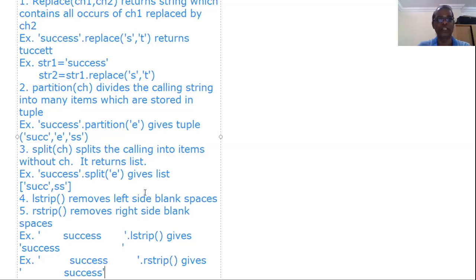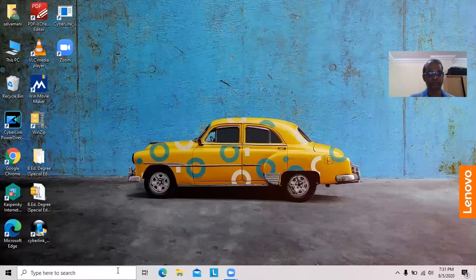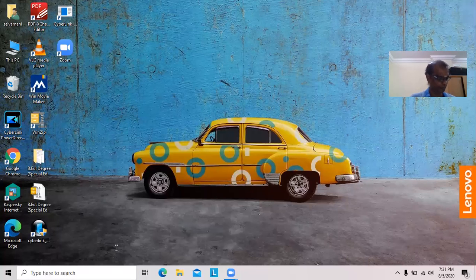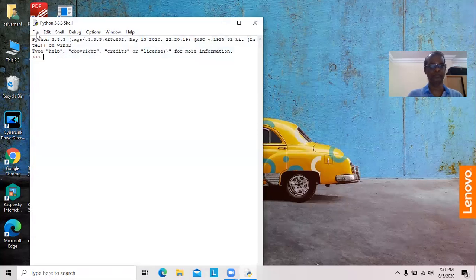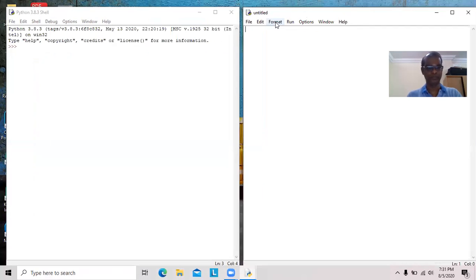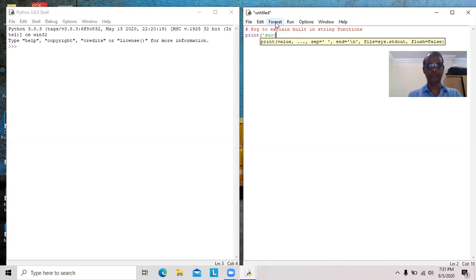Now I will write one program which explains these string functions. First replace.